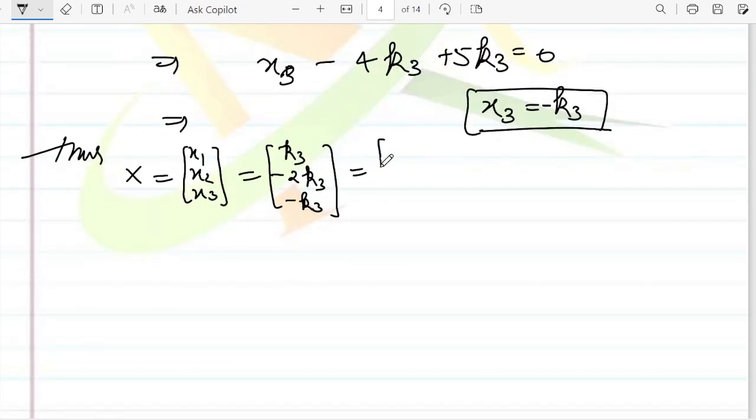It can be taken as 1 minus 2 minus 1 k3, and so the eigenvector